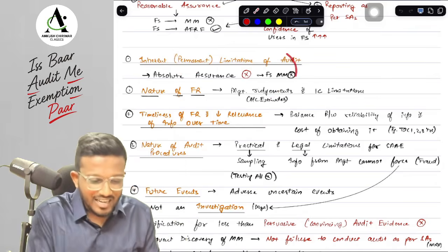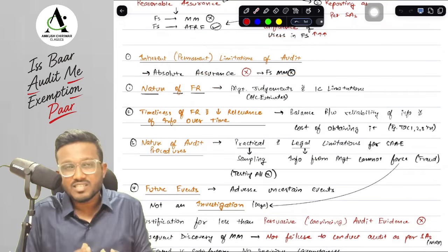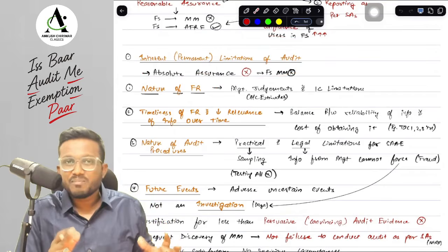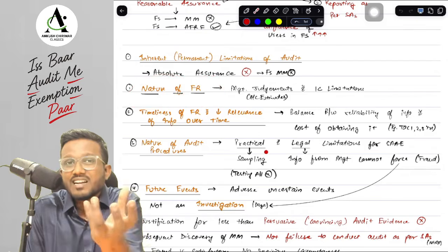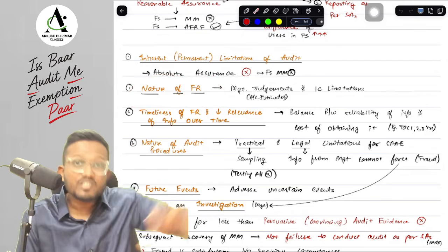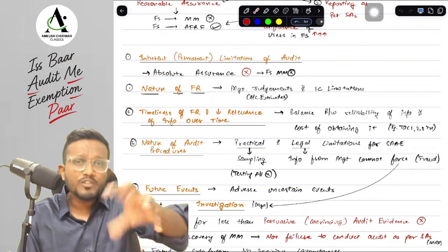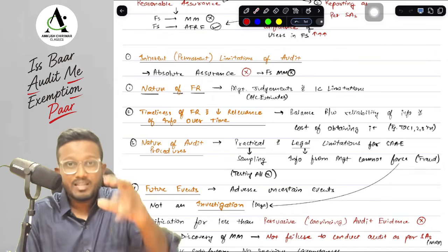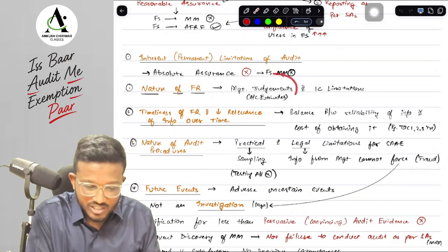Okay, yes sir. So what are the inherent limitations of audit? The first is not in the audit but in the financial reporting process. The process of preparing the financial statements is called financial reporting. That process itself has some inherent limitation. What is the inherent limitation? Management uses many judgments in preparation of the financial statements, like accounting estimates, provision for litigation or claims. It may happen that the provision is of X amount and the outcome is of Y amount. So there is a management judgment involved.